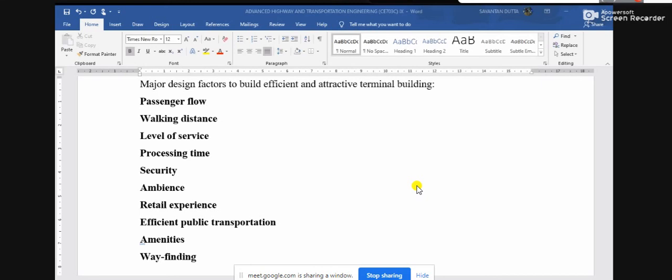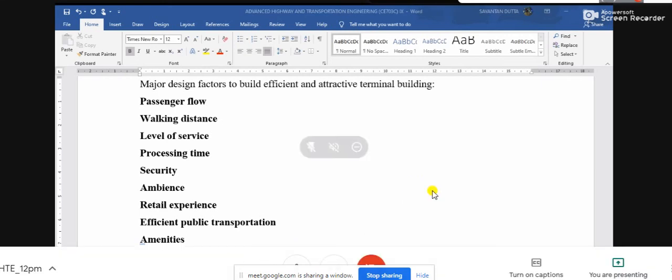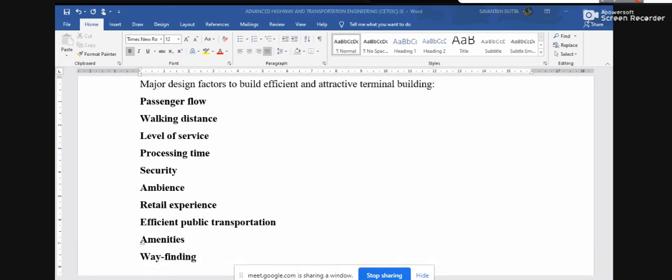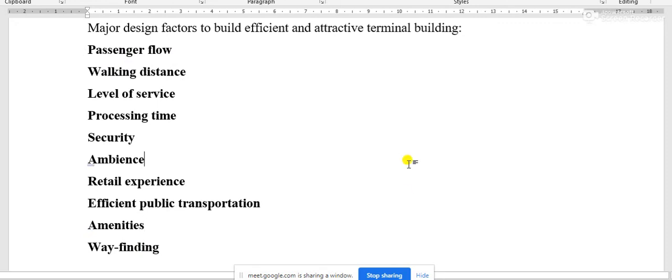Not the food courts and all those things, but toilets and washrooms like that. Those amenities must be present in the terminal building as well as the airport. The last one is wayfinding: the terminal building should be designed so that the path traveled by a user is not critical or complex.